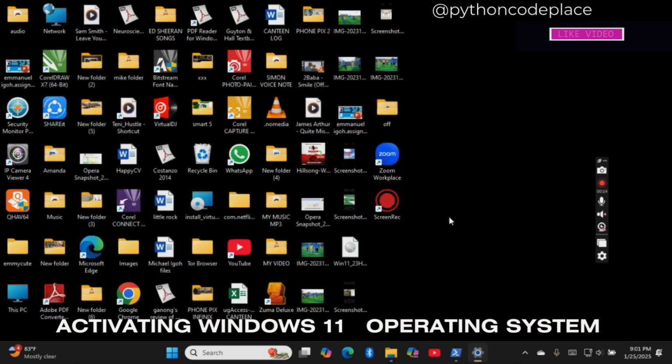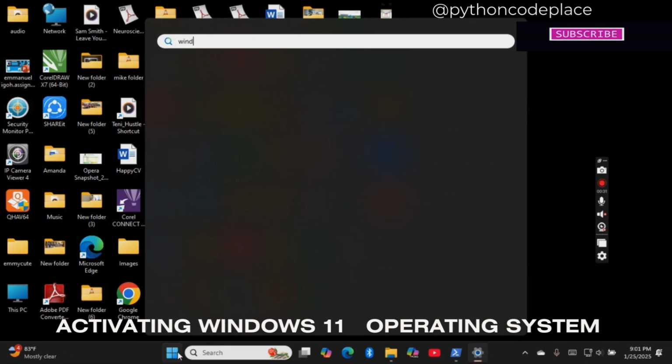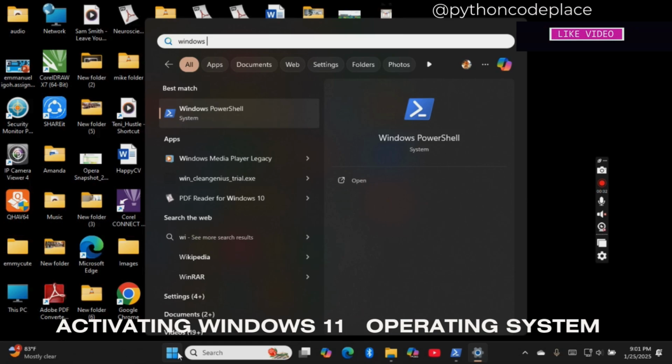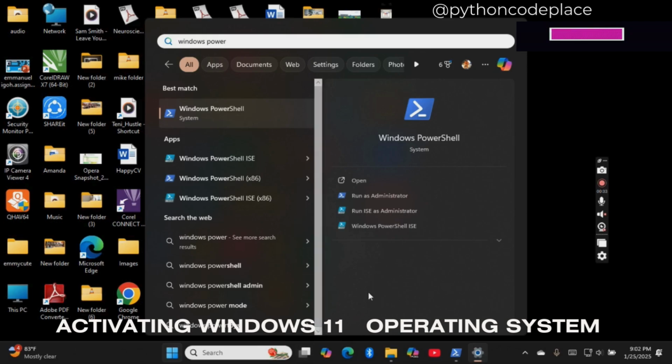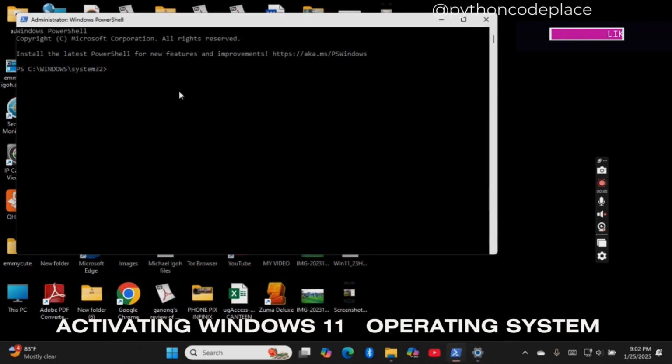So, you go to Windows, you press the Windows button, and then you type Windows PowerShell, and you run as administrator. Okay. So in PowerShell, once it starts running, you type IRM